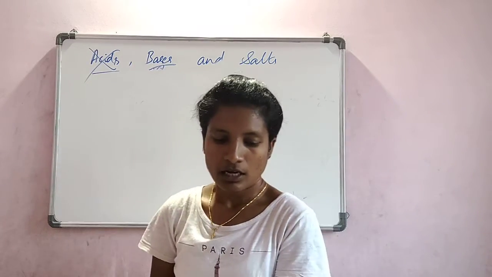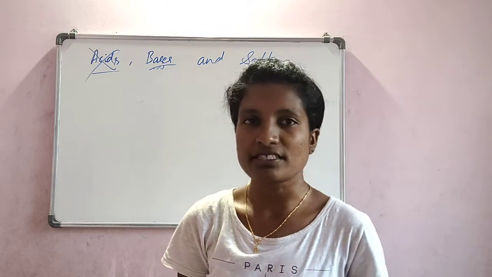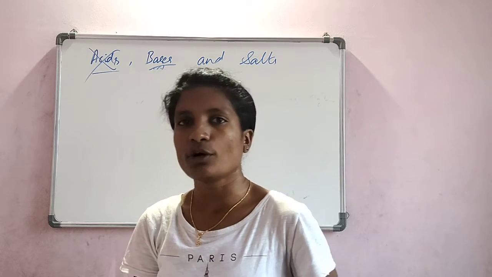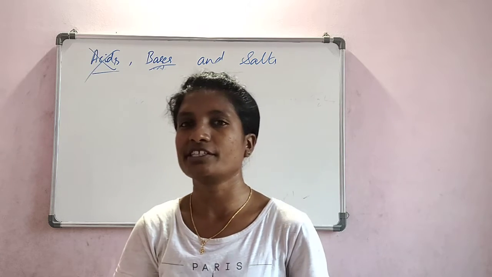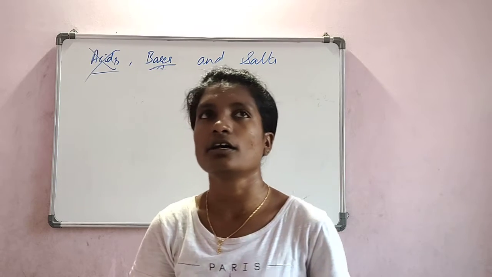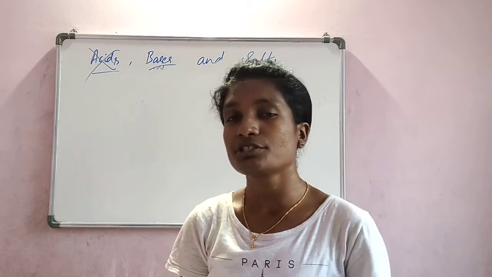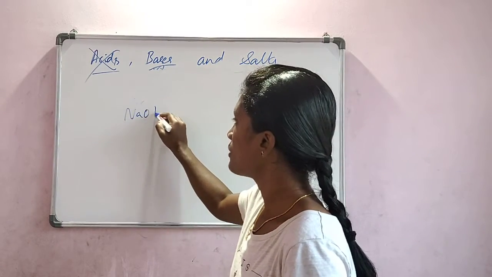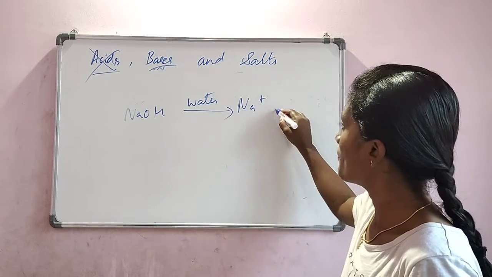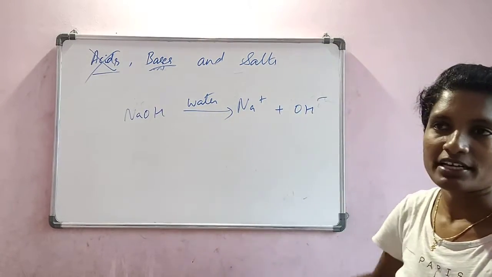And then, again the same question: what is common in all the bases? OH minus ion is common in most of the bases, that is NaOH, KOH or MgOH. Take any base, it contains OH minus ions. And when they get dissolved in water, or taken in aqueous form, they decompose into ions. If you take NaOH in a solution state, it decomposes to form Na plus and OH minus. Similarly, any base forms respective ions.